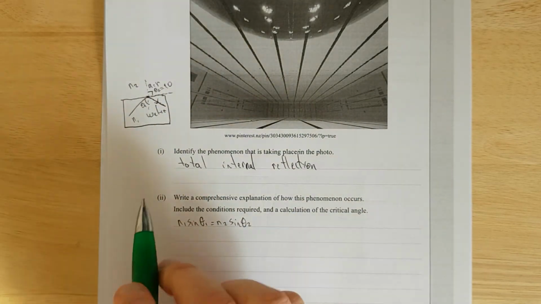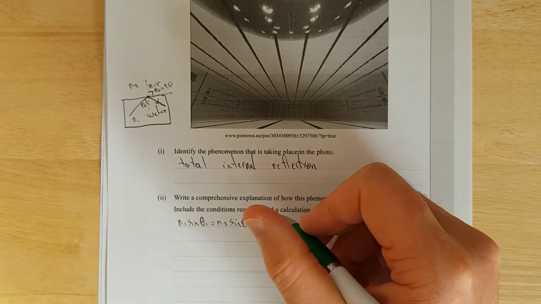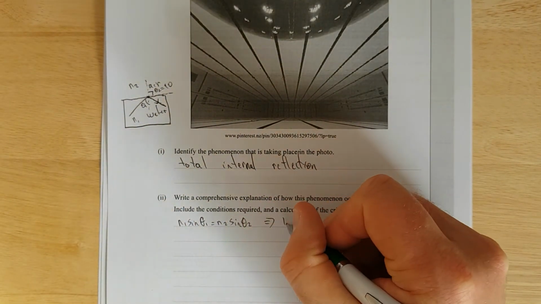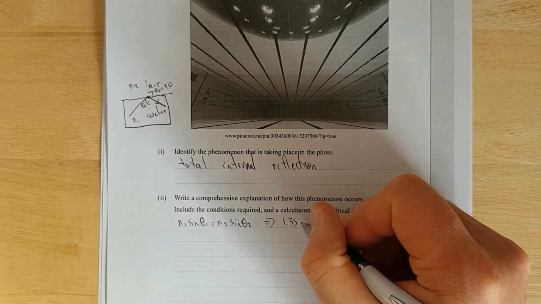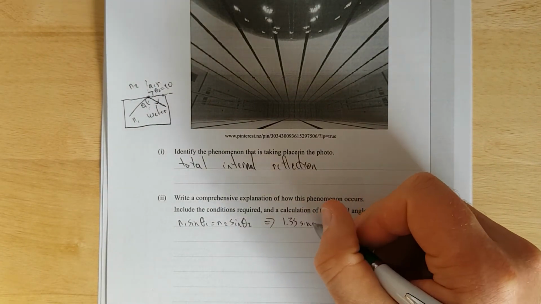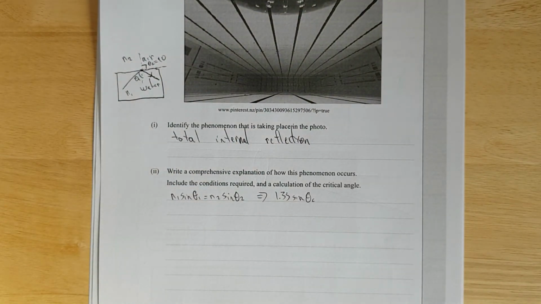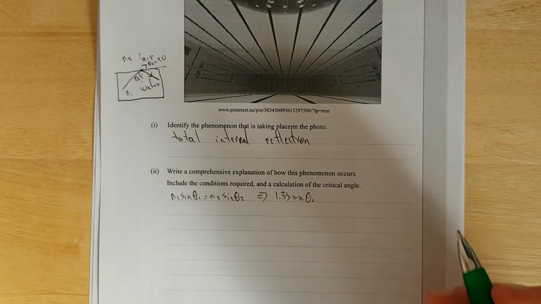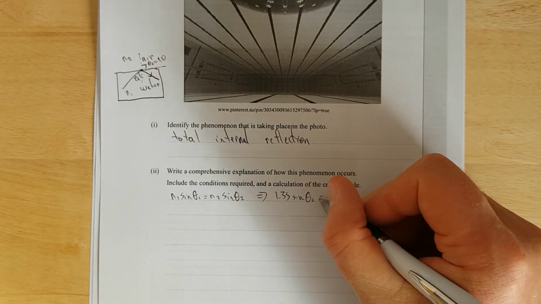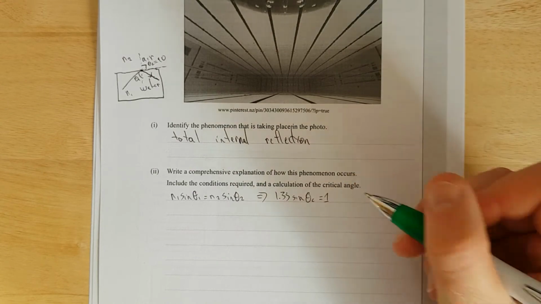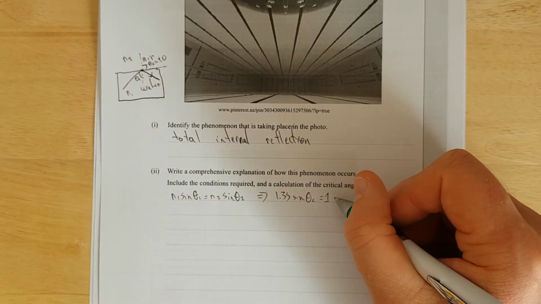And now we just put in for what is what. So water is 1.33 sine, and this is technically the critical angle, so I'm going to change that to theta c, and that is going to be equal to 1, because the refractive index in air is 1, sine